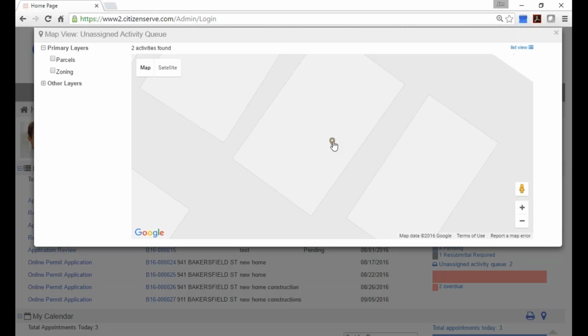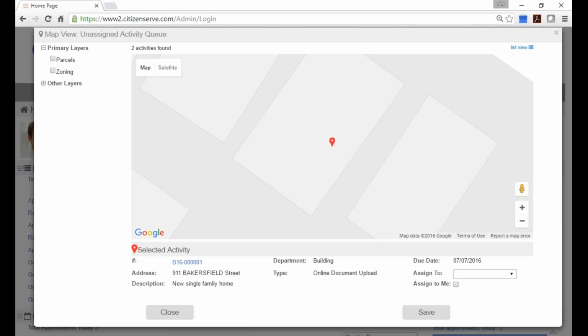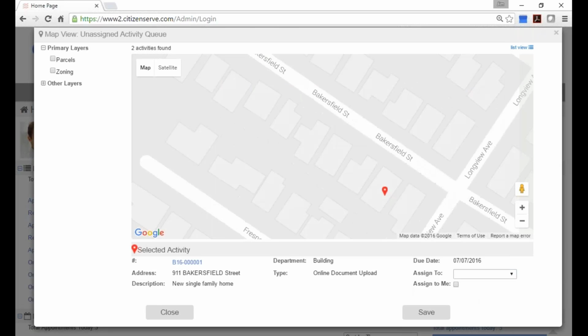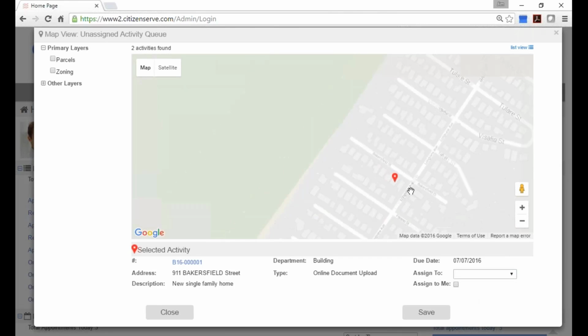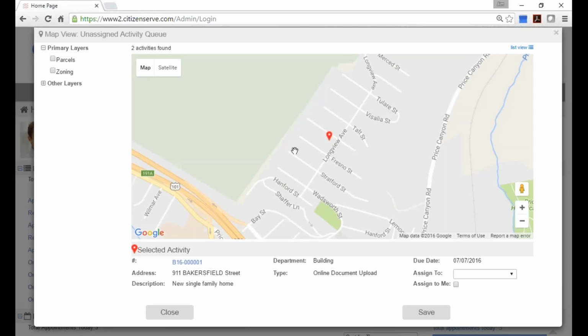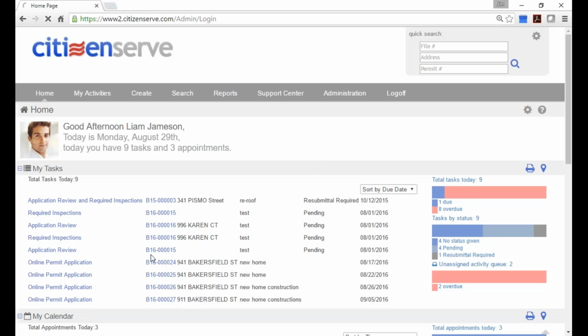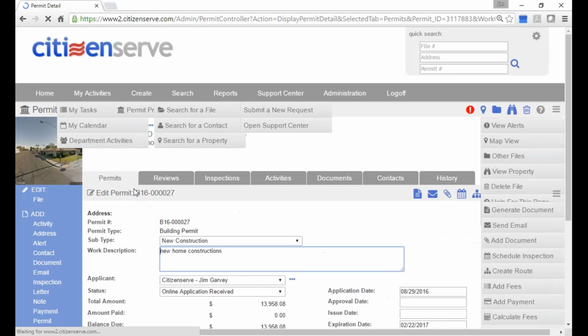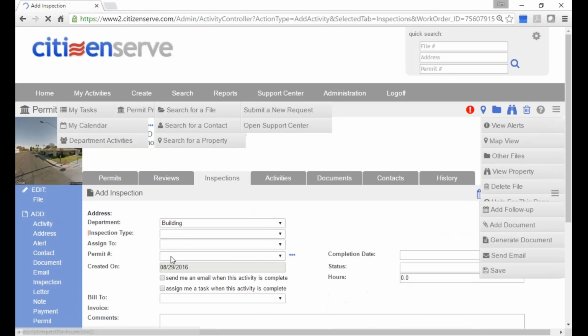So here's something that's in the unassigned inspection queue, right? And I can take that and assign it to somebody, right? So I can look at a map of the request, and I can go through and do the assignments. We can also, when you're looking at the inspections,